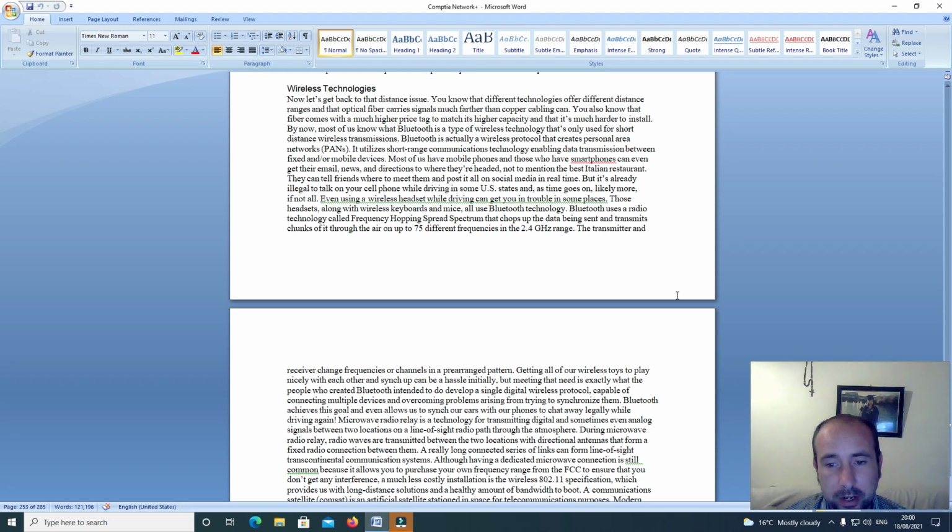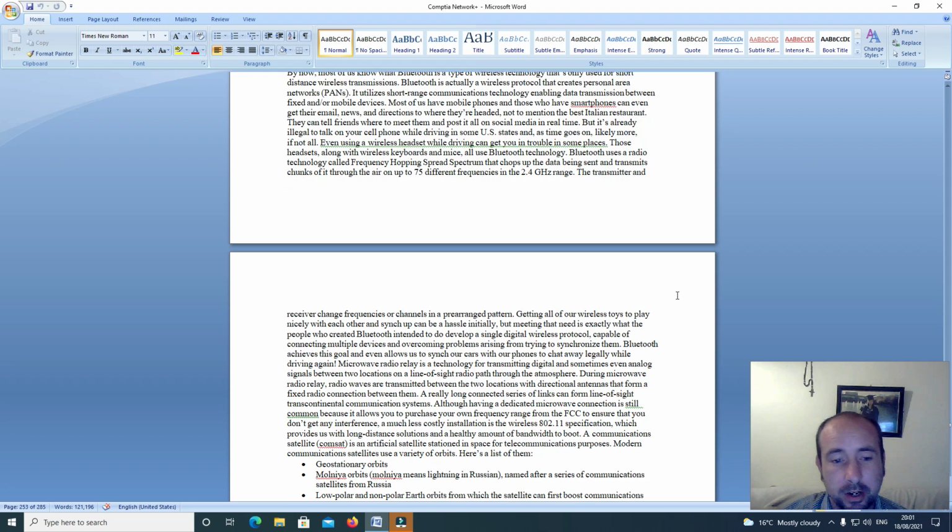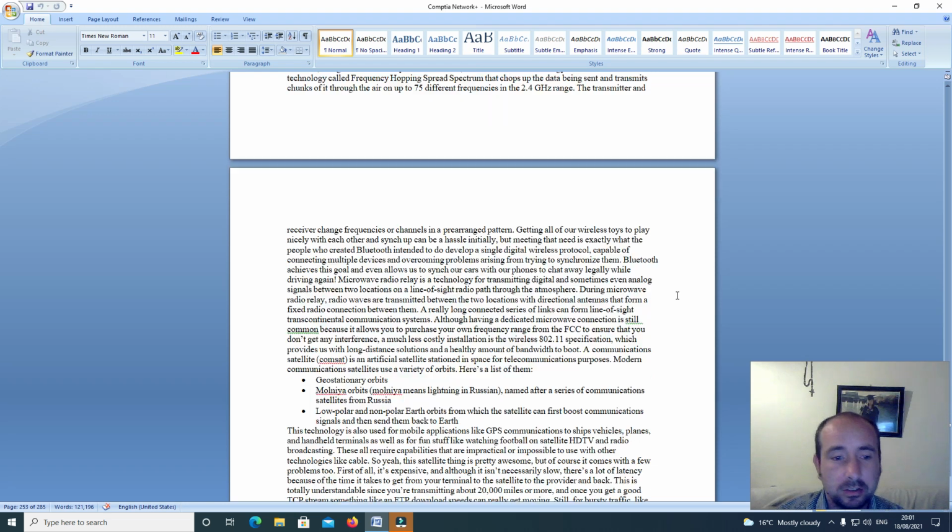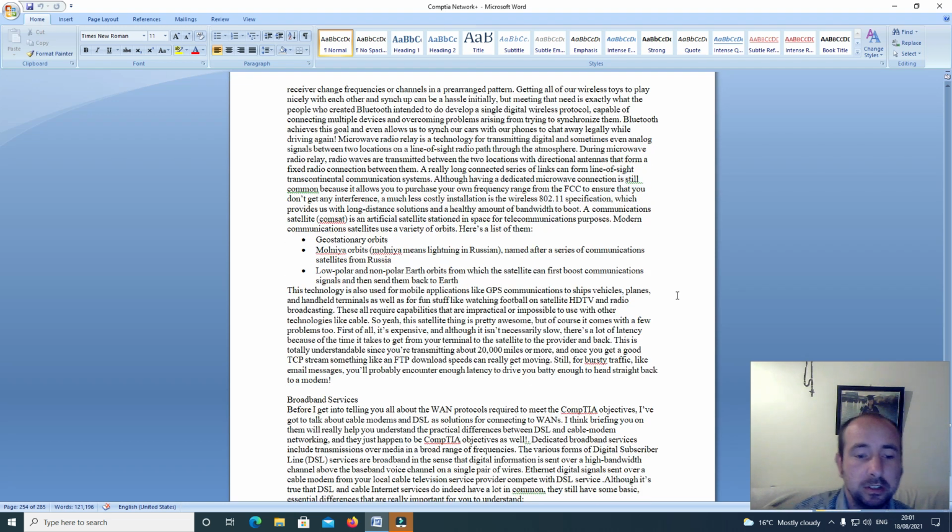Bluetooth uses a radio technology called frequency hopping spread spectrum that chops up the data being sent and transmits chunks of it through the air on up to 75 different frequencies in the 2.4 GHz range. The transmitter and receiver change frequencies or channels in a prearranged pattern, getting all of our wireless toys to play nicely with each other, and sync up can be a hassle initially,